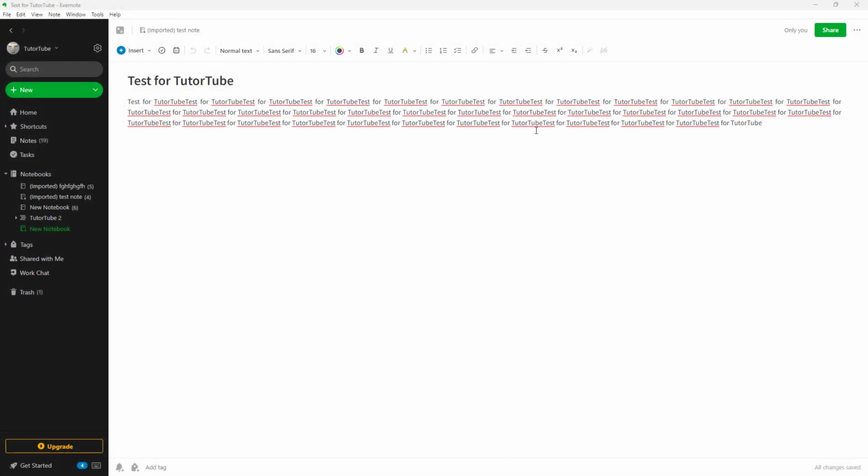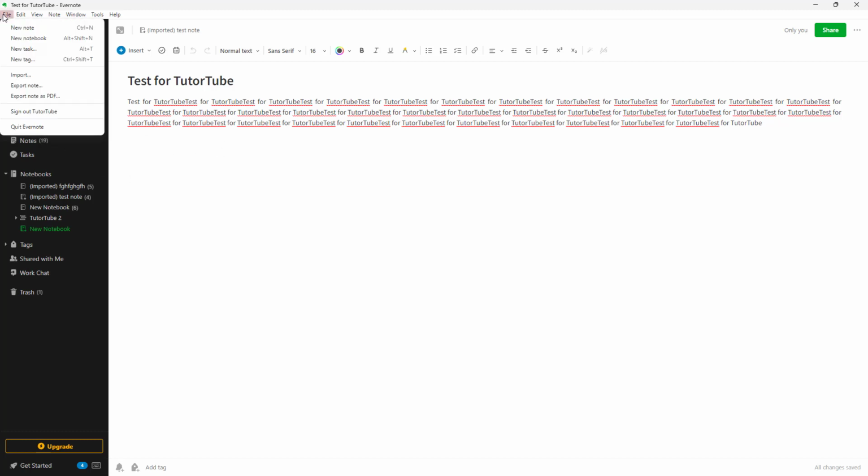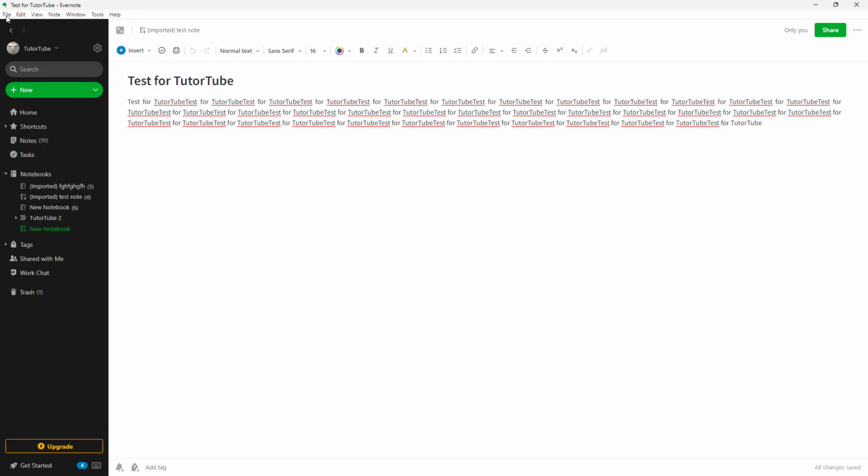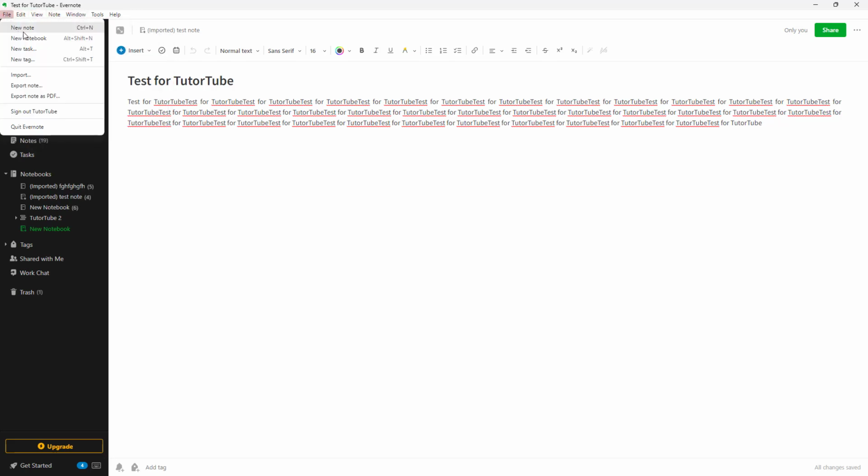If you are using the desktop version of the Evernote application, then you have access to the menu bar right here on the top. So they're the same options that you would get from the user interface of the main Evernote area, but in the desktop you have quick access to them just by clicking on the file menus right here. If I were to go on to the file menu, then here you can see that I have an